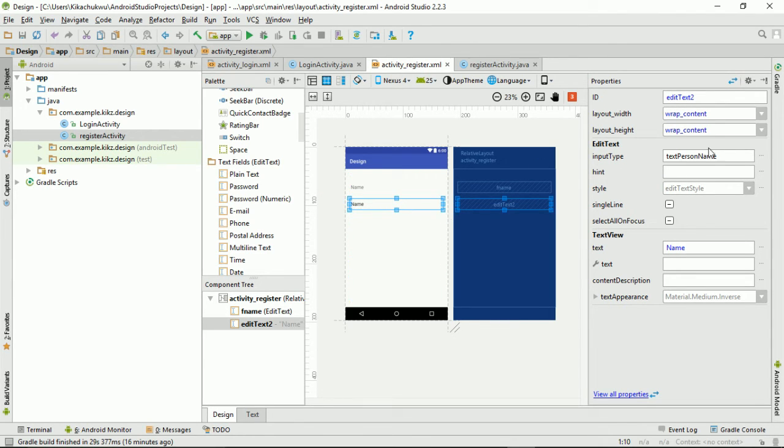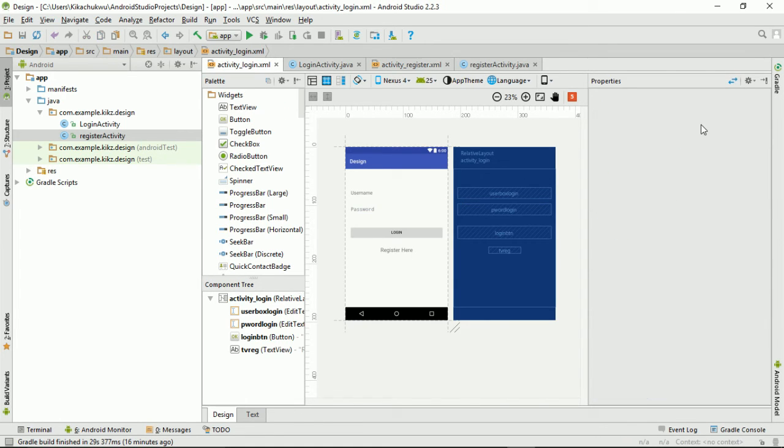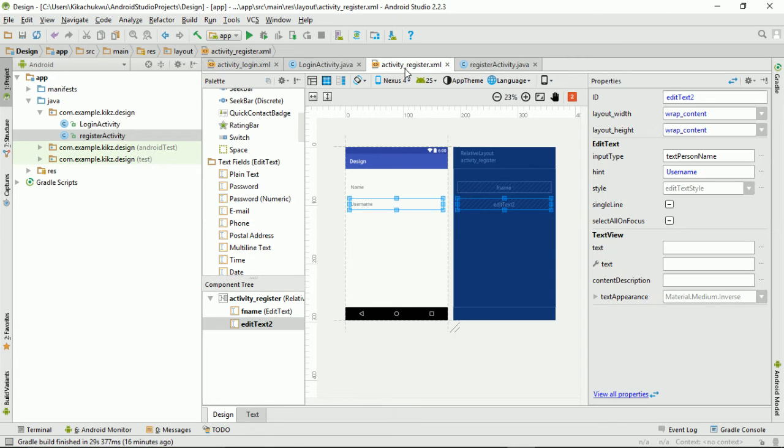There we have username. Yeah, we'll take out the text like I said and go to hint, put username. Now remember what I said while creating the login activity, where we used user box login and pword login. Now we could actually use user box, or we could now use user box reg, just so we know the difference. So user box reg. Now this is the ID for the username